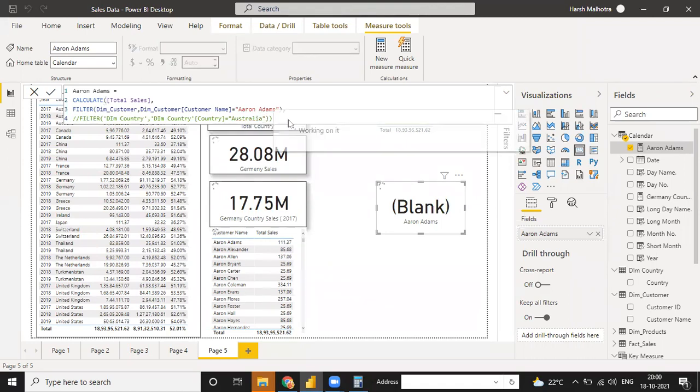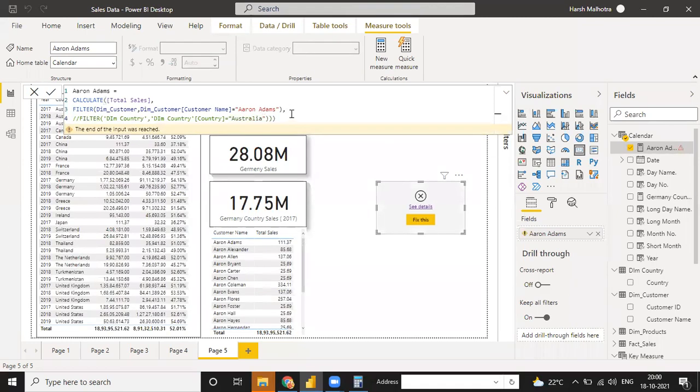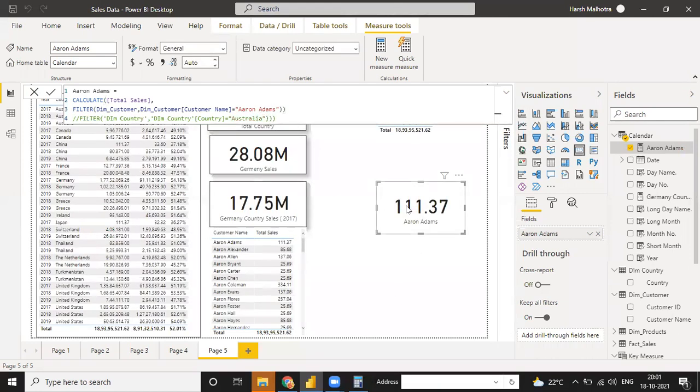It will not give a value yet because there is a comma. Now it will give you the value, 11137. It does not mean, guys, that the function is written wrong. This is not wrong because Aaron Adams does not belong to Australia.